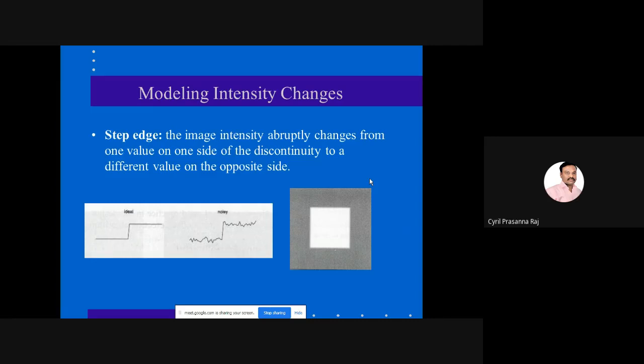It could be a step edge, wherein you find that the left hand side is completely black in color. Then suddenly the color changes and it becomes white. So you come across an edge which is basically a step edge.